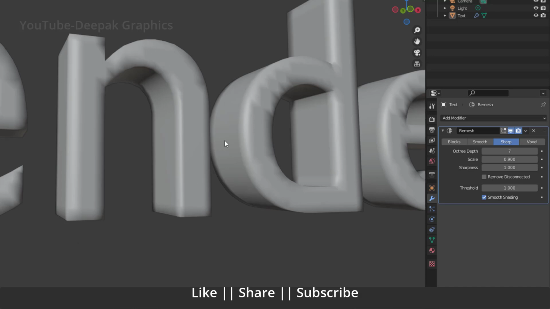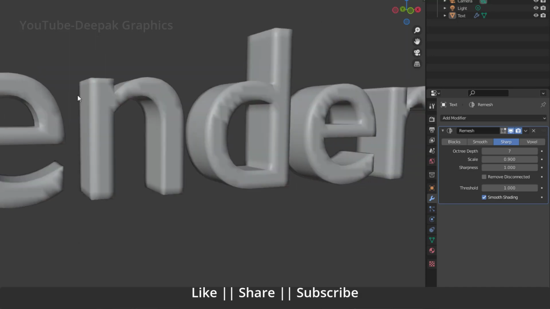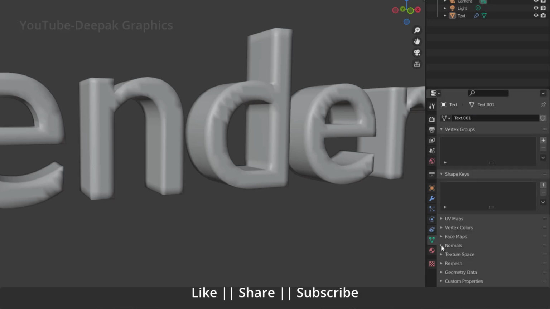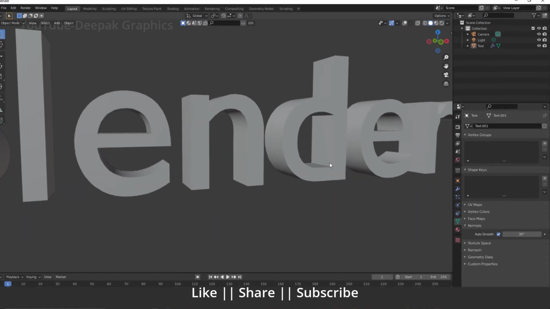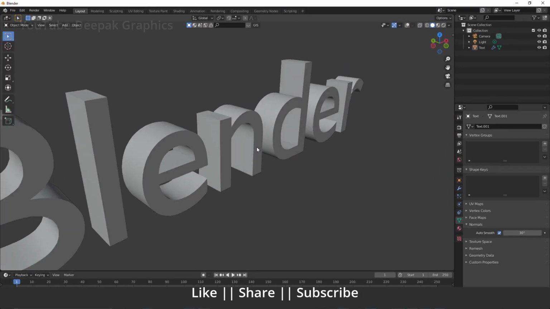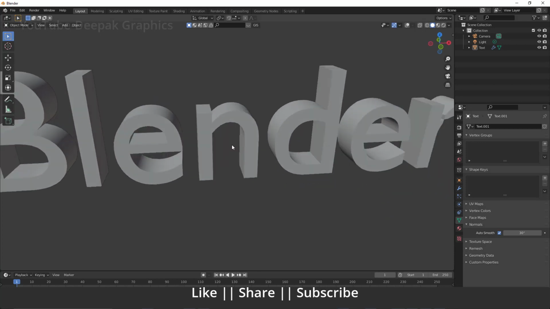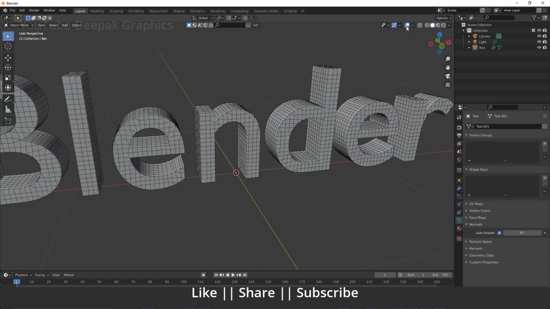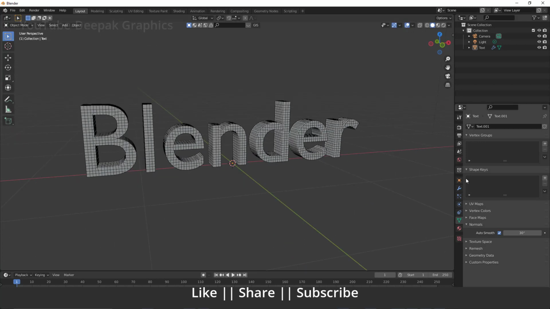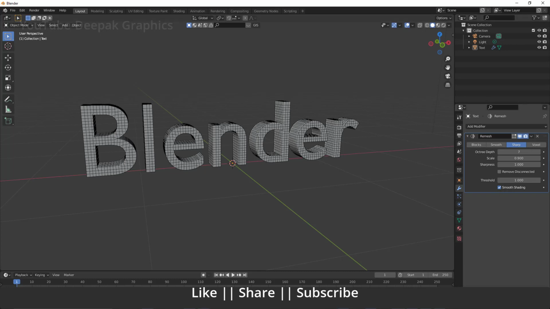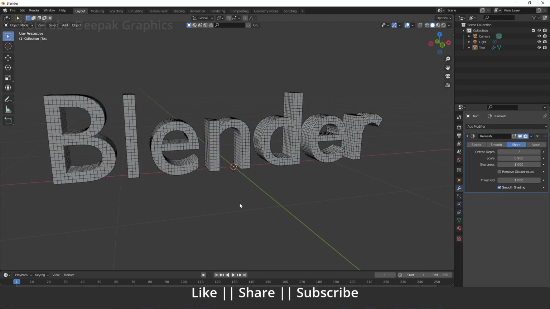If you want to fix this problem, it's basically called a shading problem. So you just have to go to your object data properties, and under the normals you will get an auto smooth option. When you check this auto smooth, now you will be able to see a good, smooth mesh as well. Okay guys, I hope you understand each and every option of this modifier, and also how you can fix the bad topology of any object.